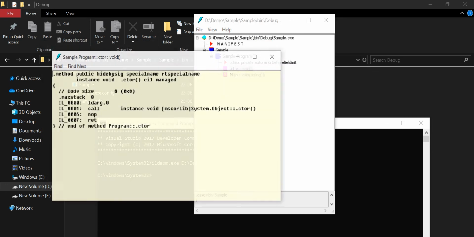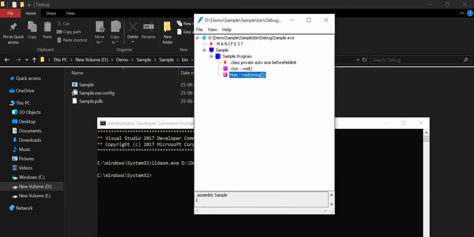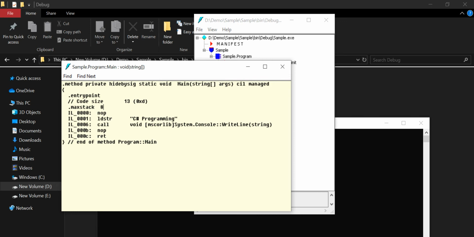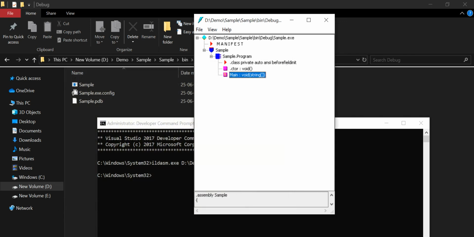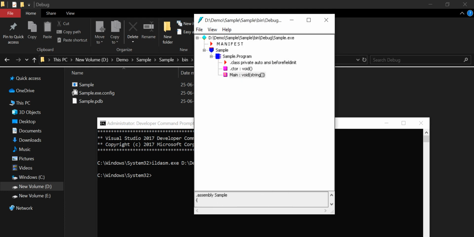There is a question whether you can view our intermediate language or not, which will be asked in the interview. Yes, absolutely we can view it by using this intermediate language disassembler with the assembly name. Now I just want to save this file somewhere else in our local machine. Yes, absolutely we can save. Go to file menu and choose this dump option. Click OK. It will ask where you want to save this file.